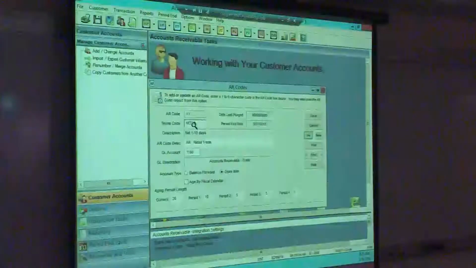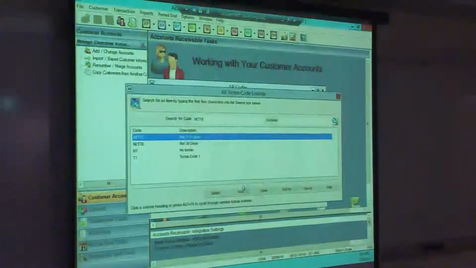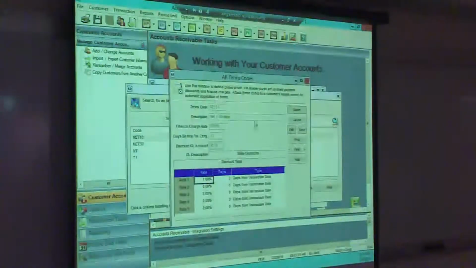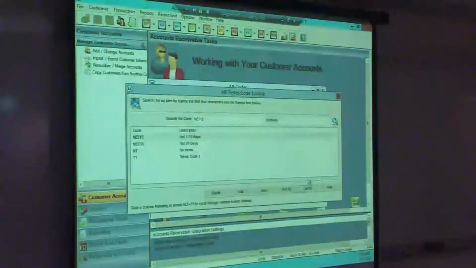In addition, you should have a terms code. The terms code is something like 2/10 net 30 or just net 30, depending upon whether you want to have a discount or not. If you want to take a look at one of these terms codes, you can just view it right there. Here's the information about the terms code. If the client takes advantage of the discount for prompt payment, this is the general ledger account that the discount amount would go to. Okay, so I'm going to cancel out there, cancel out there,